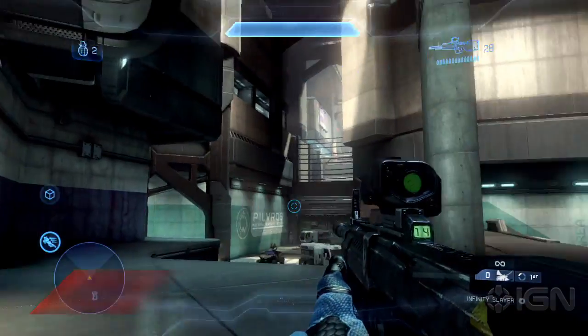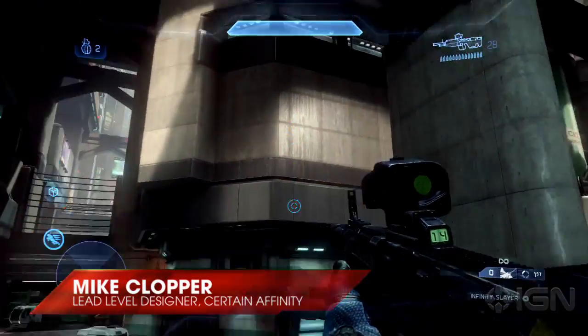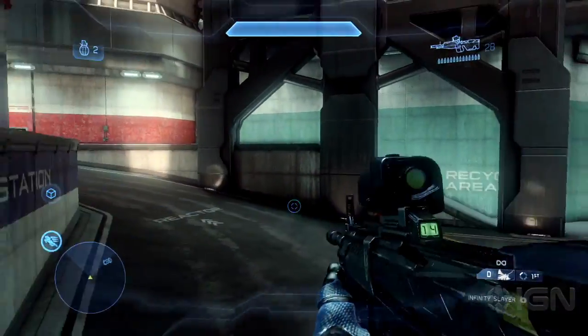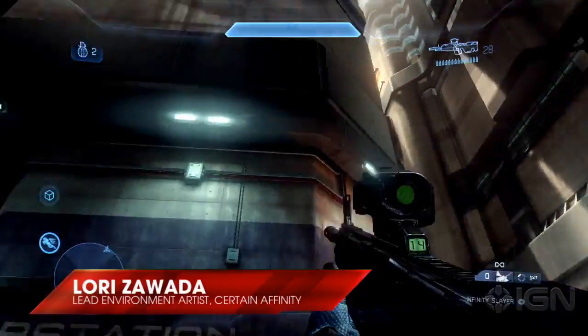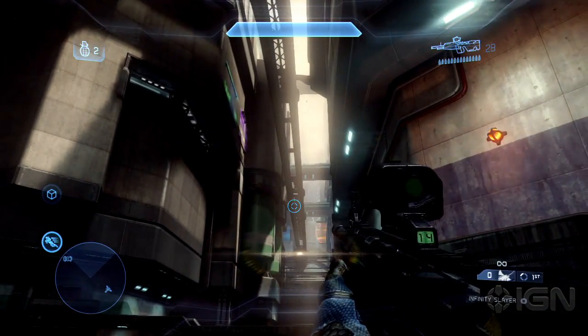Yeah, this is Mike Klopper. I'm the lead level designer at Certain Affinity for the Castle Map Pack, and today we're looking at Perdition. I'm Lori Zawada from Certain Affinity, and we're looking at the Castle Map Pack, and specifically this map is Perdition,